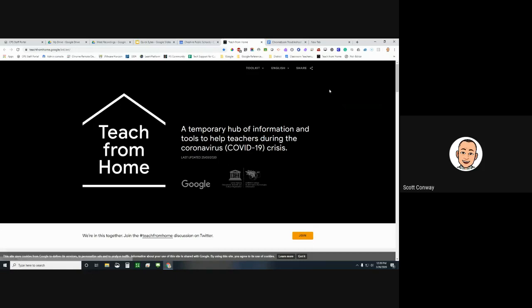So that's how you can bookmark a website that you want to get to frequently. Just click on it, bring it up, click the blue star, add it to your bookmark bar. If you don't see it, drag and drop. That whole bookmark bar is able to be drag and dropped and rearranged. You also can certainly create other folders that you can place bookmarks into if you don't want them in the